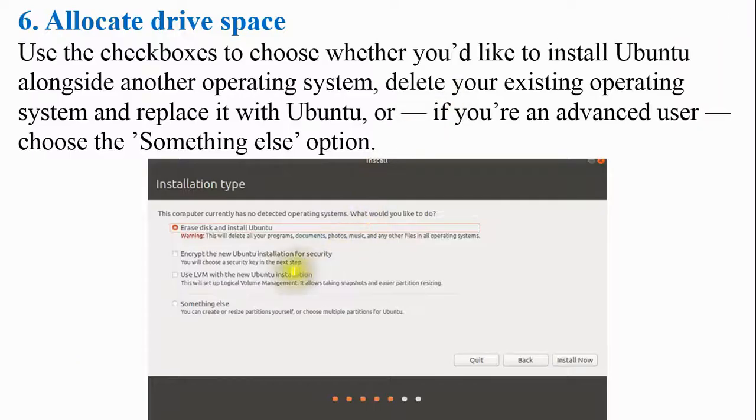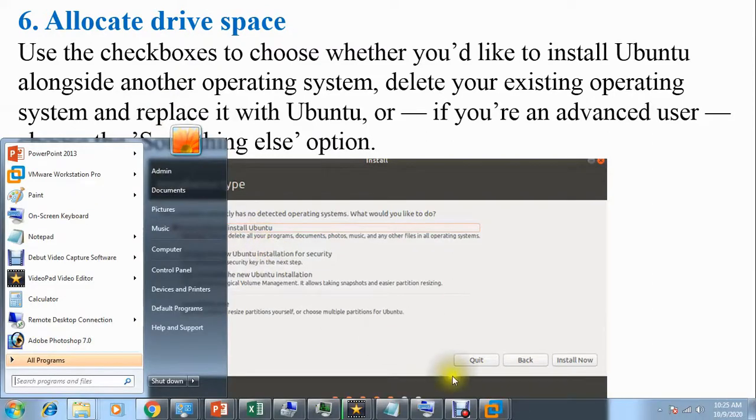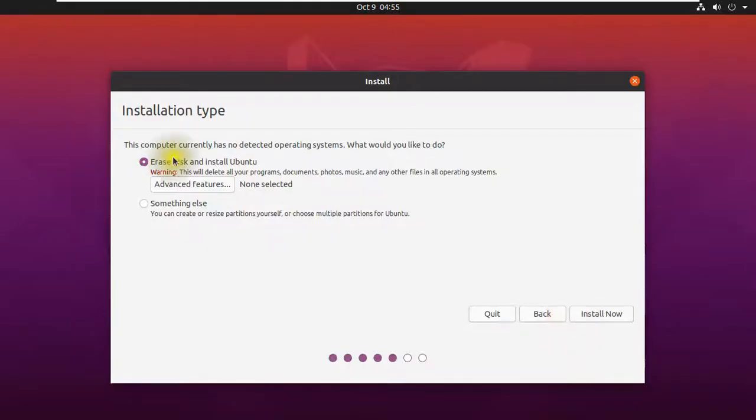So guys, now here we will have erase disk and install Ubuntu, this kind of options. Okay, let's see, where are we now? Yes, we got this, erase disk and install Ubuntu, and we have advanced features also. None selected as of now.